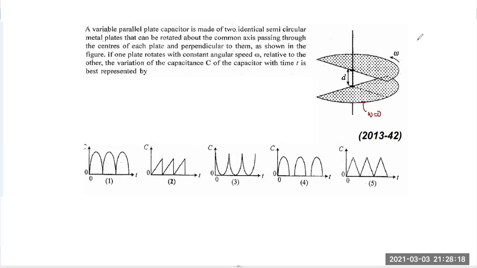Again, we have learned capacitance depends on three things: A epsilon naught divided by D. Now this A is the area between the two plates. In this system, epsilon naught is constant. D is also constant. D is the distance between the plates, and they are not changing that. So the area is changing. How is the area changing? That's what we are going to discuss now. I will be using red color for the upper plate and blue color for the bottom plate. This is the bottom plate.